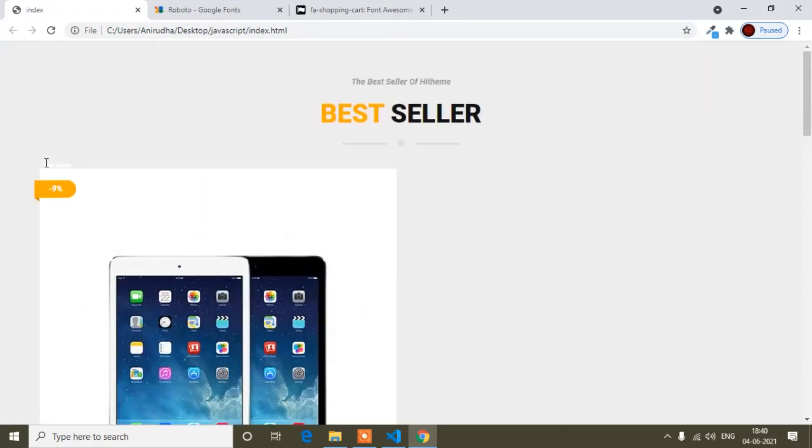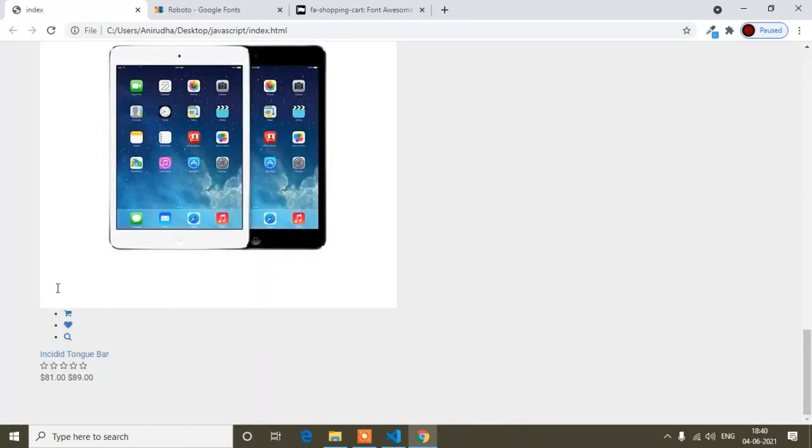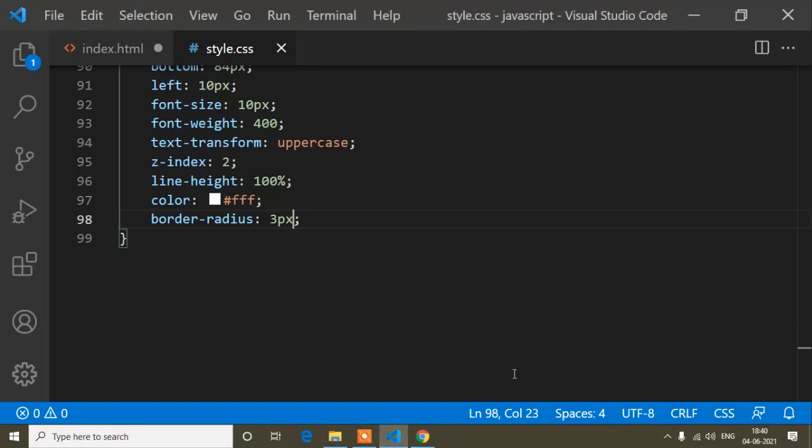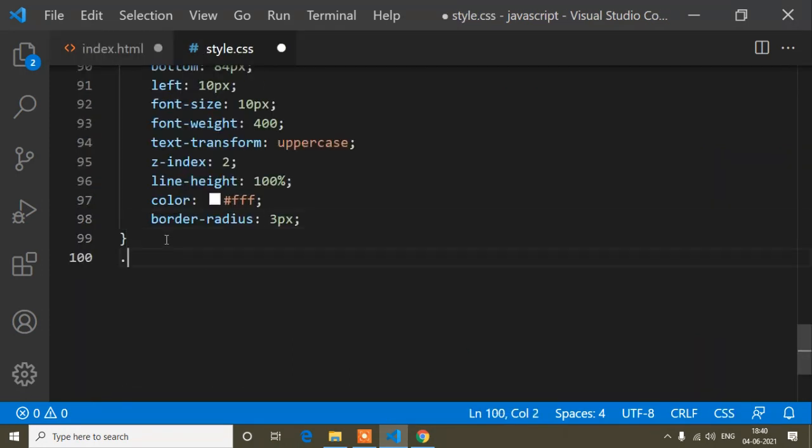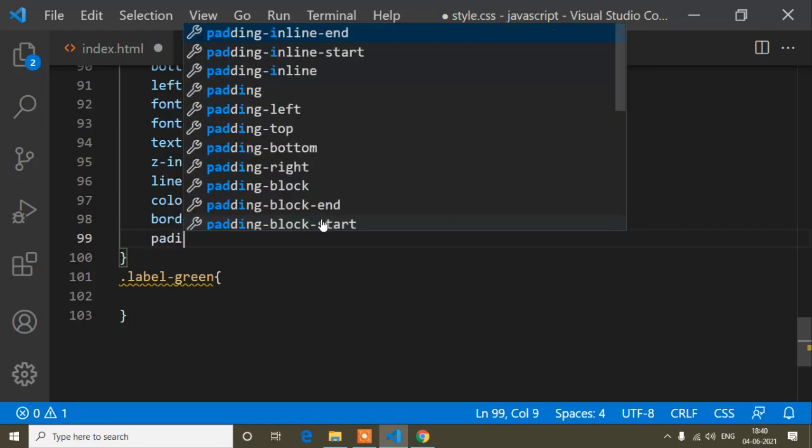So now if I save, this one is the label. If I refresh, it's not showing here, you can see it's showing here. I did not add the background color, so I will add the green background color to this label, because I said the background color will sometimes be different, so that's why I will add the background color in a separate class. And here I will also add the padding.